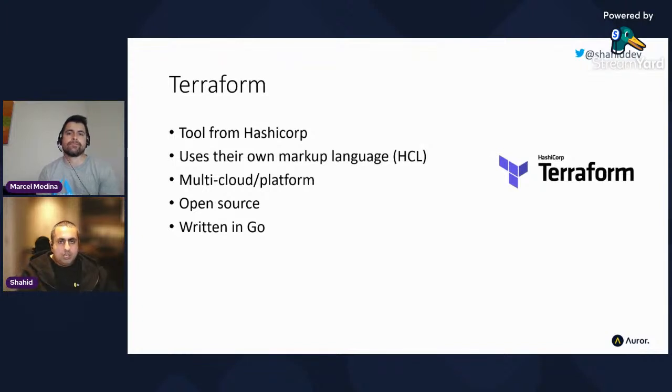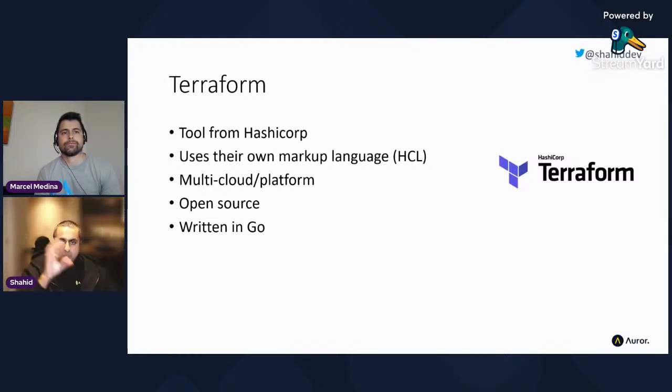So with that in mind, for a number of years now, other tools have been created to help deal with some aspects of what I talked about, and Terraform is probably one of the most popular. This is a tool from HashiCorp, and they use their own markup language, which we'll look at in a second. But it is a lot terser. It's far less verbose. So that's a good start. The other key advantage of Terraform is it's multi-cloud, multi-platform. So using Terraform, you can provision resources not only on Azure, you could also do that on AWS, Google, and tons of other platforms as well.